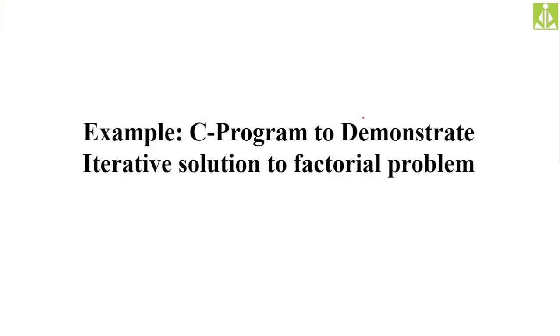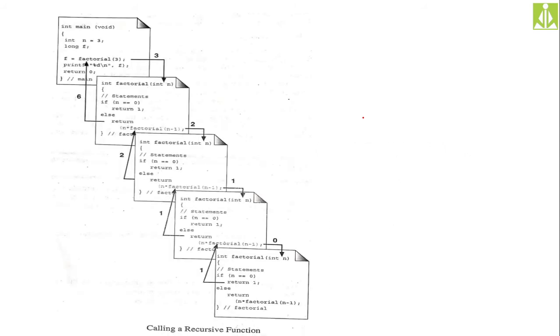After finding the factorial, all the function calls from the number you are passing, how it is decrementing itself, and how a separate function will be invoked with a decremented value, that entire thing is shown over here. Step by step calling of the recursive function is shown. Suppose you are taking the n value as 3, if you input the number as 3, then that 3 is invoking factorial of 2.